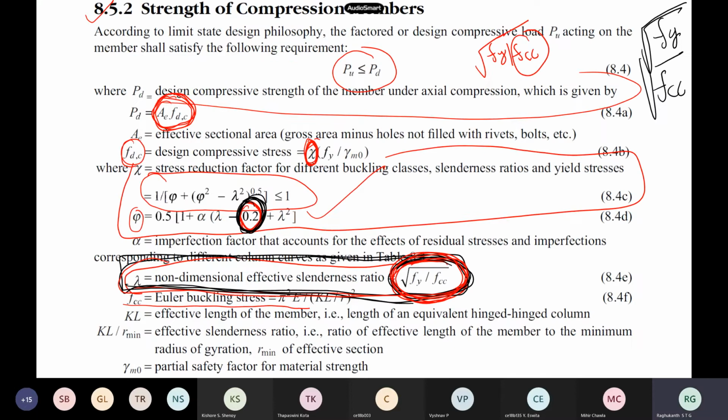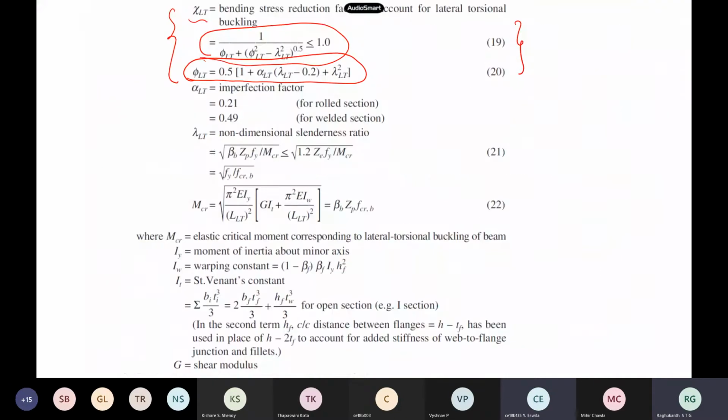For these compression members, we had this formula, right? This is for the compression member phi. Whose formula is this? Euler's formula, or what is the other formula? Perry-Robertson formula. Excellent. Perry-Robertson formula means the derivation, how he derived this formula. Of course, some empirical things are added, that is a different issue. But the basic philosophy is the column. He assumes the column is initially imperfect, some small bend is there, and then he derived. So the same concept is used for lateral torsional buckling also.